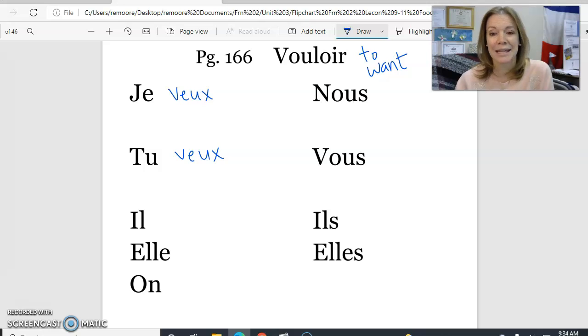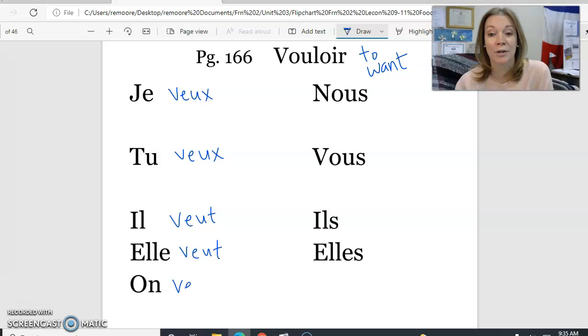He wants, il veut. And notice the subtle difference. Je veux, tu veux, exactly the same spelling. Il veut, same pronunciation, but spelled a little bit differently. V-E-U-T. Elle veut,